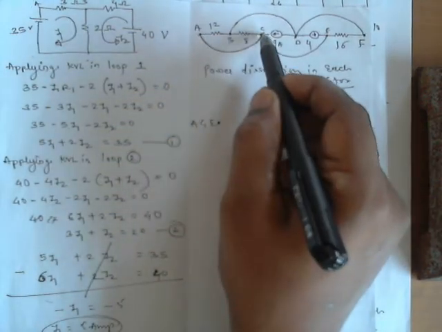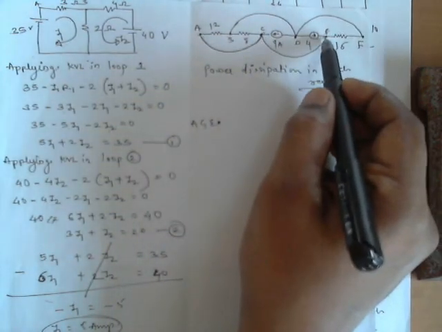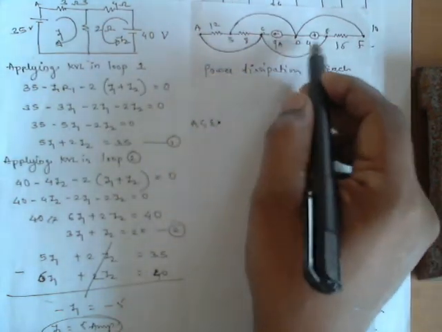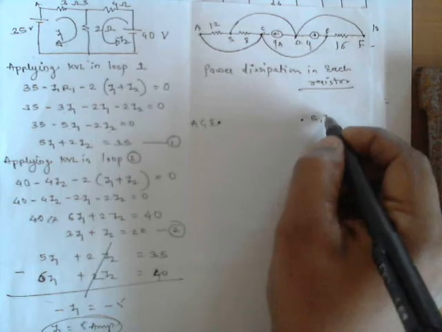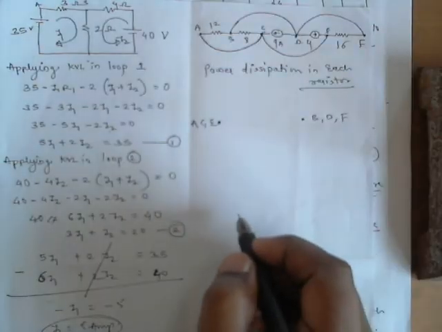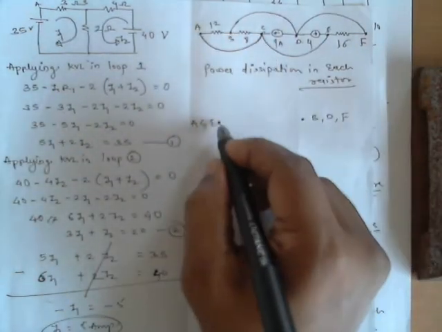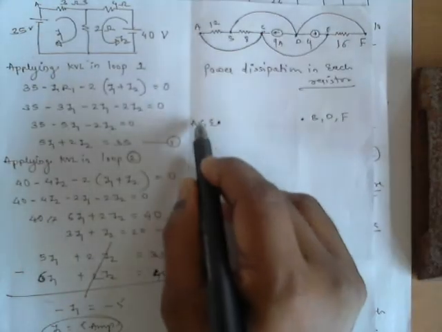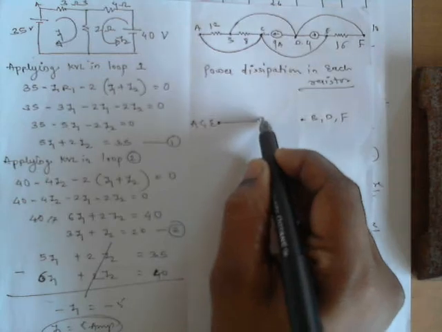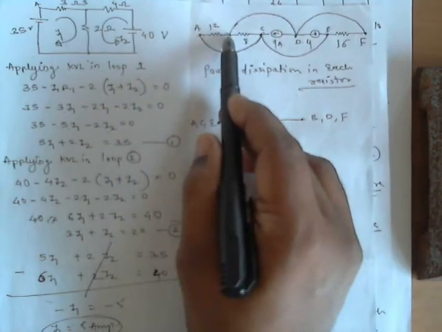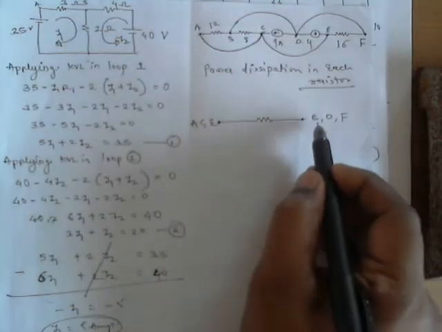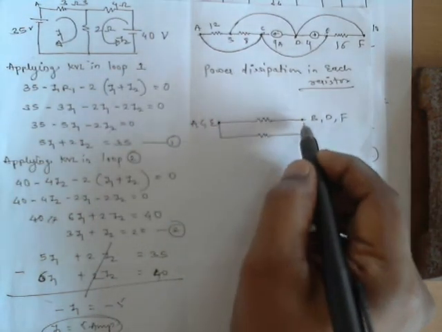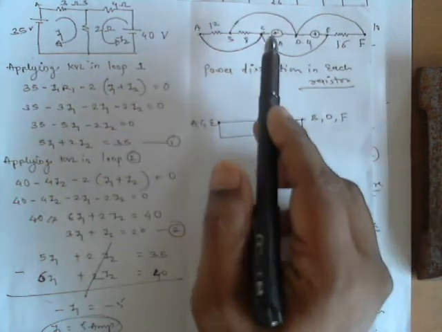A and C shorted by wire, C and E shorted by wire. So those three are single point. Similarly, B, D, F are shorted, single point. Now let's find, between A and B there is a 12 ohm resistance. So A and B there is a 12 ohm resistance. Between B and C there is a 8 ohm resistance. So B and C means again parallel to this. There is a 8 ohm resistance.